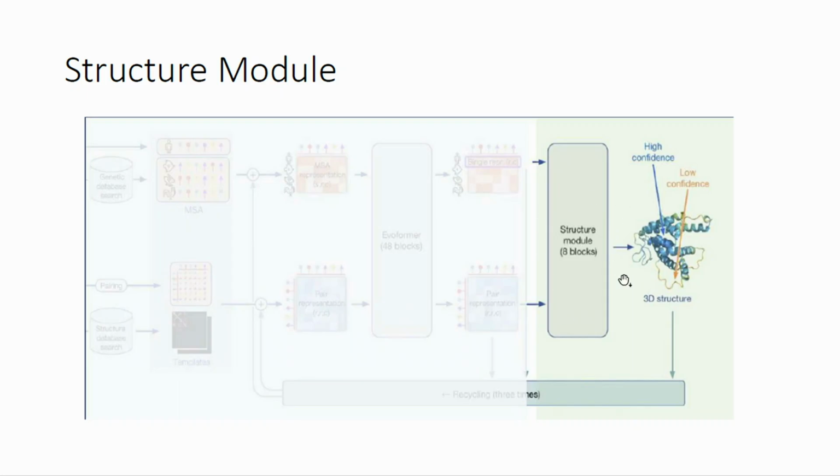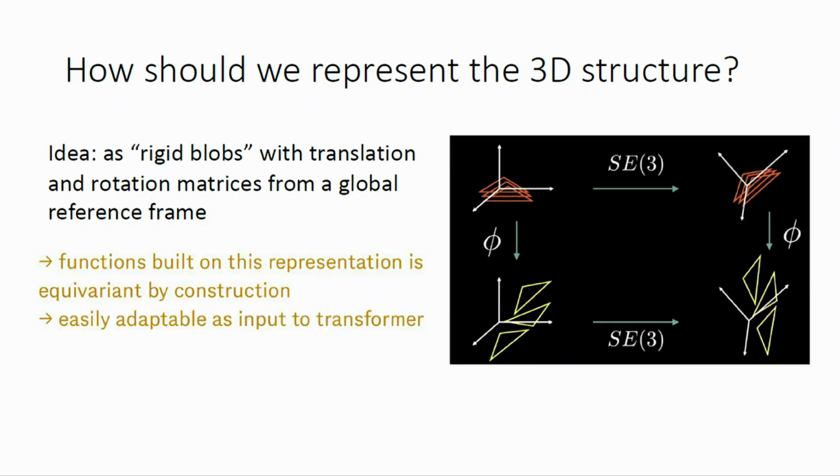So there are 3 inputs to the structure prediction module, as we talked about last time, right? The pair track, the single track, and the frames, the rigid body frames that we use to mimic where the points are in the 3D space. So before we go back to that IPA module, again, we want to represent a 3D structure, but if we consider it as a point cloud and use the equivariant GNN that we talked about a few lectures back, it's too much overkill, and we need to track too many atoms at the same time, and we're not making use of the known